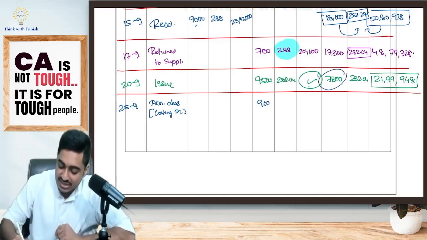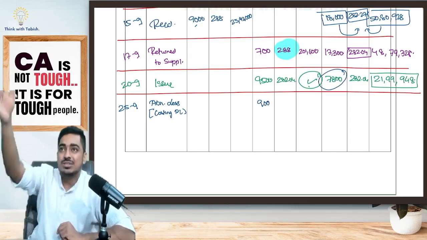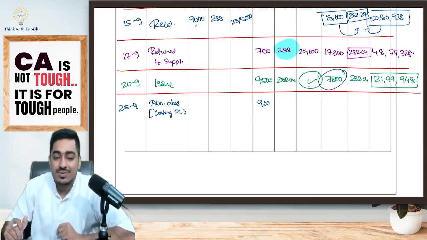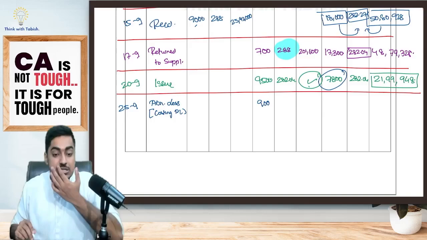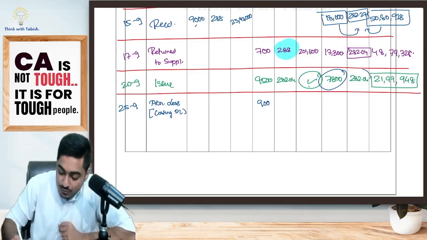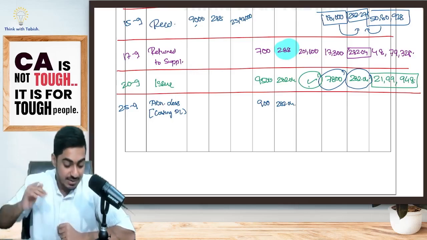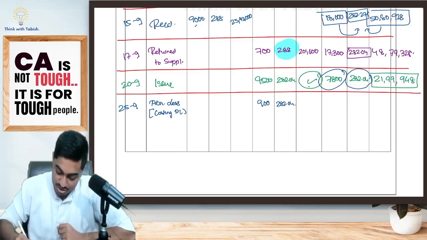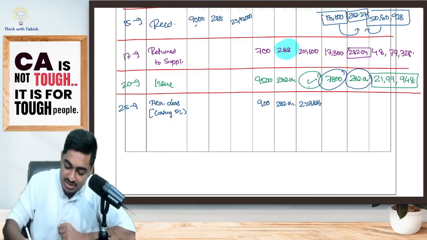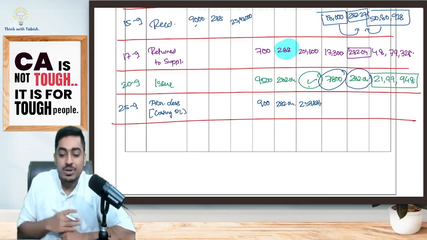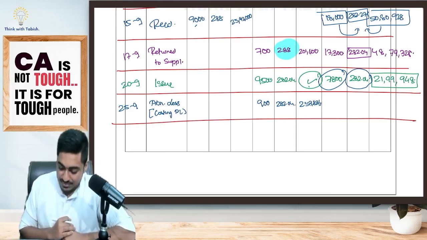I was thinking that I still have 7,800 units. But wait, boss, 900 units your stores manager took away and he went off. That means 900 units is gone. Every unit was of value 282.04. That means how much rupees loss has happened to me, students? 900 units at the rate of 282.04. Oh my God, I am crying. How much amount is lost, students? 2,53,836. That bloody stores manager misappropriated and he went home. Yes or no, everyone?